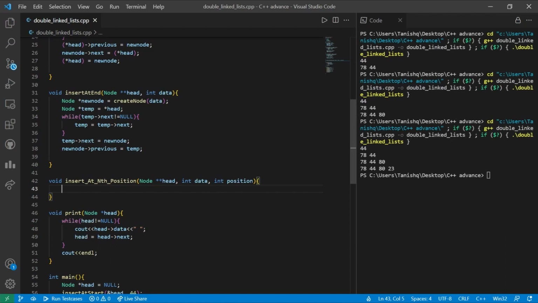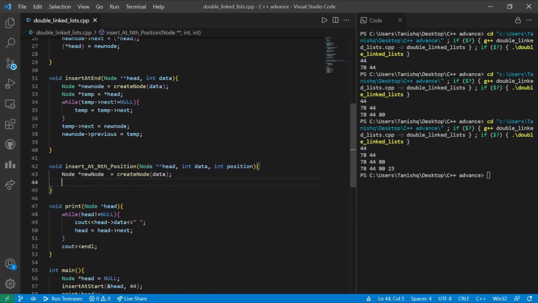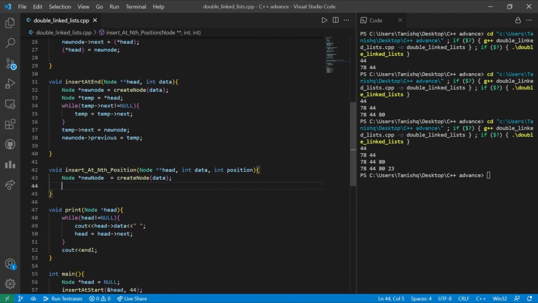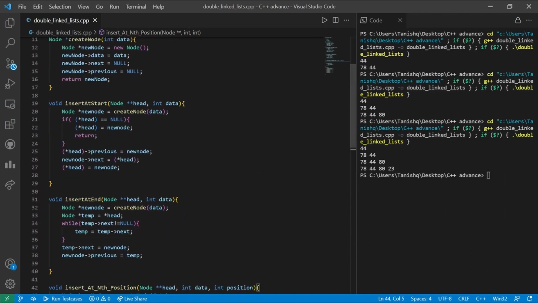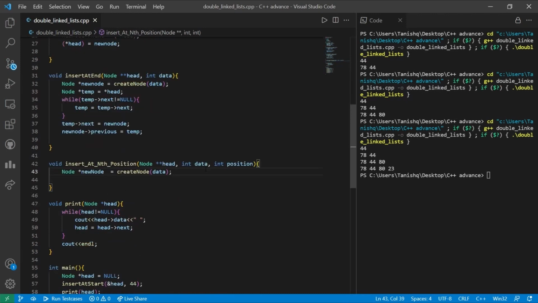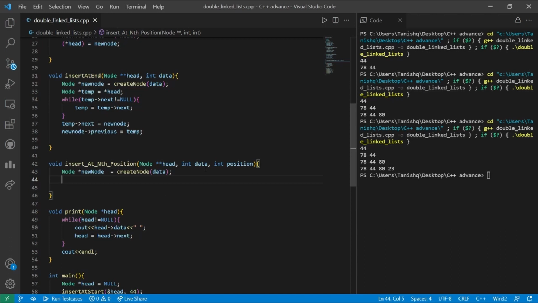Again, just like the previous functions, we are supposed to create a function in which a new node is going to be created. So a new node has been created over here. The node is to be inserted at the first position. If the position given is 1, at that point we are supposed to ensure that the head node is replaced by the new node. Just as we had the logic over here, we are supposed to perform the same logic. If position is equal to 1, then and only then this logic has to be performed.